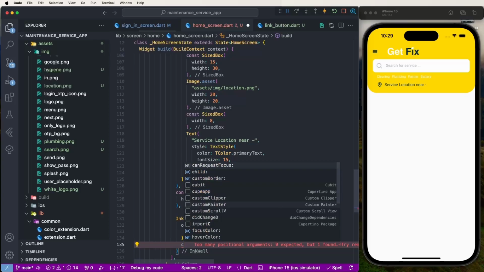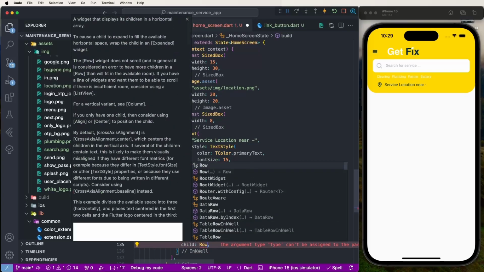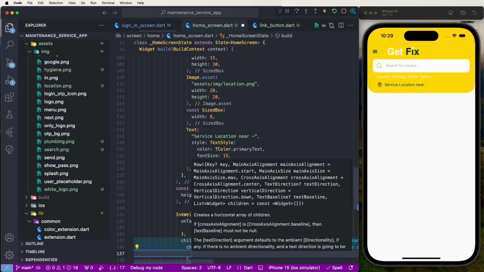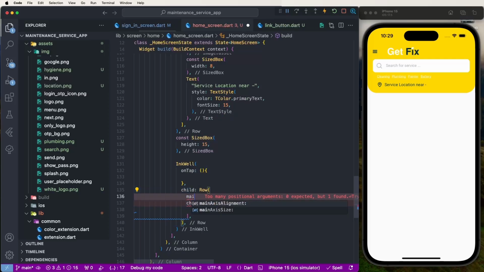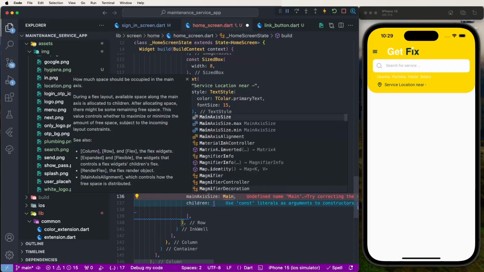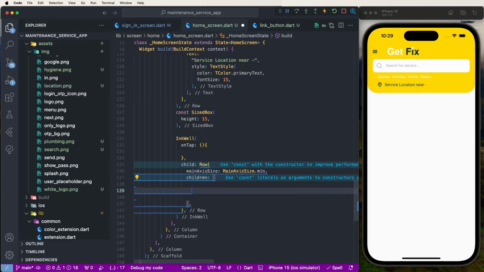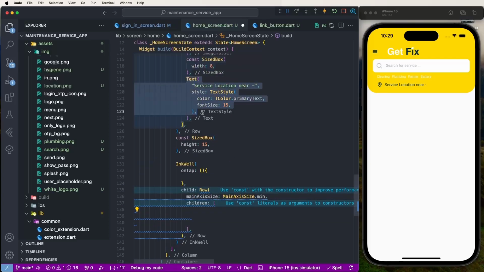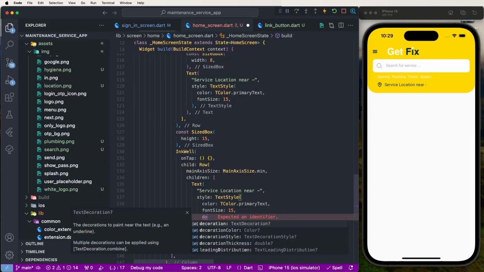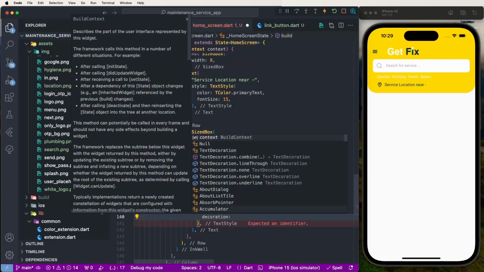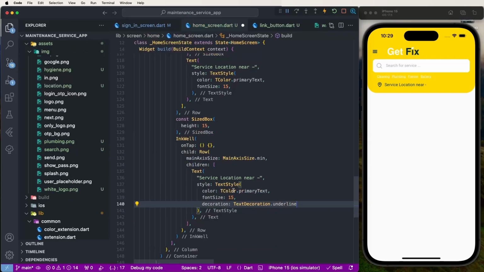Now need to create the children and create the row, create the children, and also make sure you give the minimum size because we need to develop the buttons, set the minimum. And now first of all making the title. Now need to copy this service text and paste it here, and now need to set the text decoration underline. We need to set text decoration underline like this and we need to change